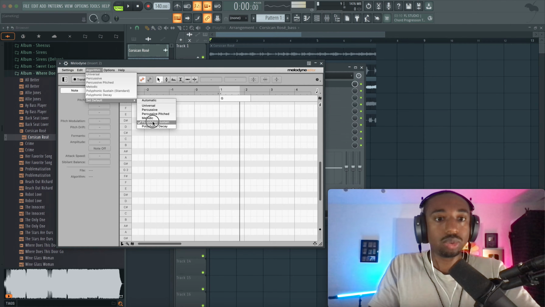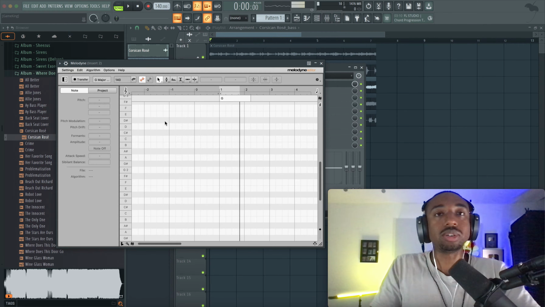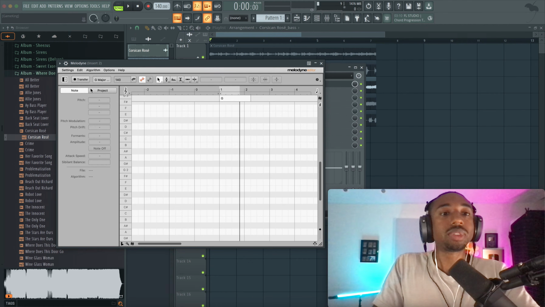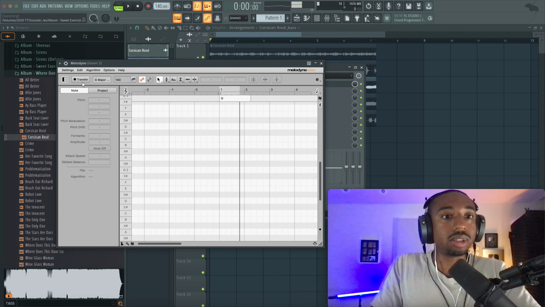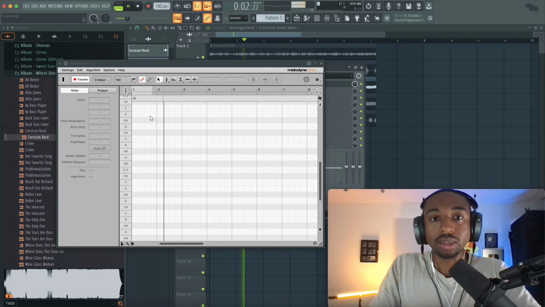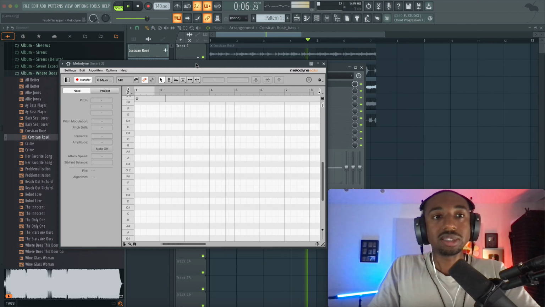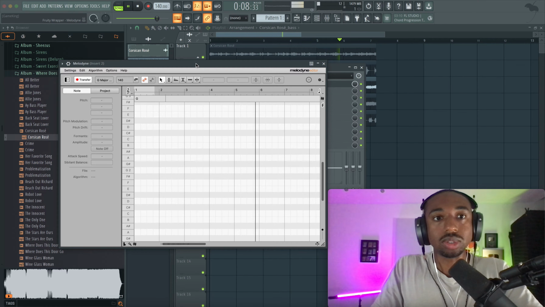So this is usually what your setting is on. Now, if you're dealing with bass, melodic might be more suitable because you're listening for one note most of the time. So it's more of a monophonic approach. Anyhow, hit transfer, hit play. So Melodyne is now recording what it's hearing on this channel, which is the bass. And because the bass is separated, we can now target the notes a lot easier.